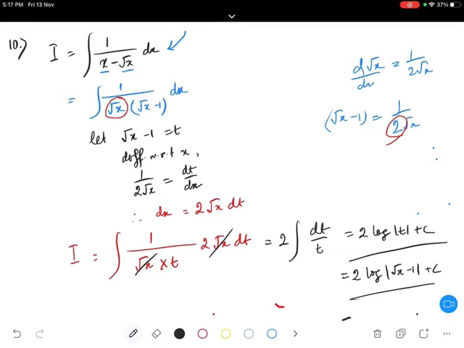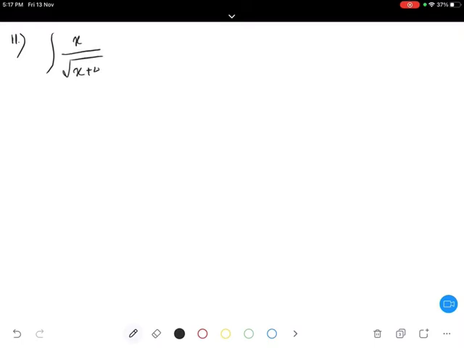Question number 11, what we'll do is, it's the same thing. I will not completely solve question number 11. I will just tell you the substitution. So in question number 11, can anybody tell me what should I substitute? X plus 4. X plus 4, that's right. I will just substitute x plus 4 is equal to t square. Whatever is inside the square root, I will put as t square. How hard is it to remember that thing? It's so easy.